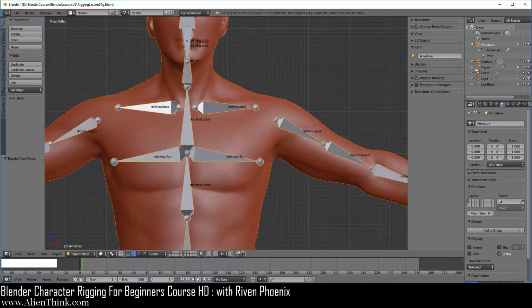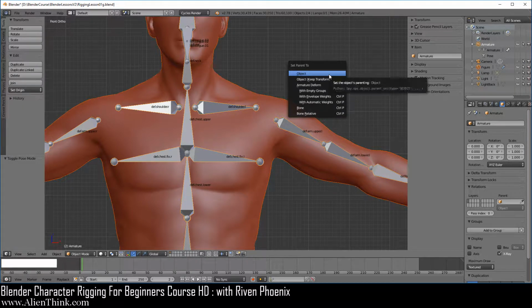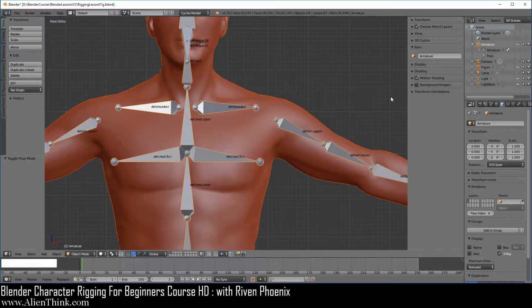Notice that the figure over here has an orange circle and the last object, which is the active object that we selected, which is the armature, is showing up with white text and the circle is a little bit yellow over here. Now in order to create parent-child relationships using this technique, you have to move your mouse inside the 3D view and then do Control P. And you're going to get the Set Parent To menu again. Move your mouse away from this.